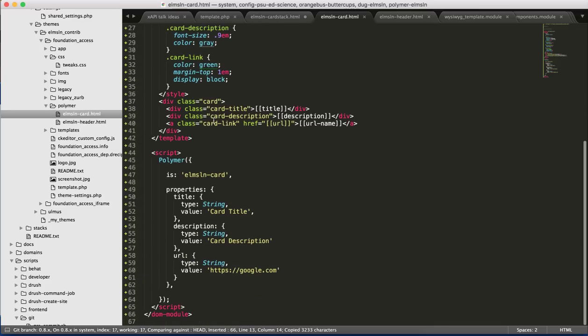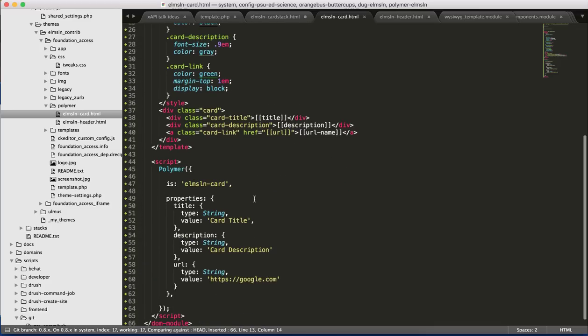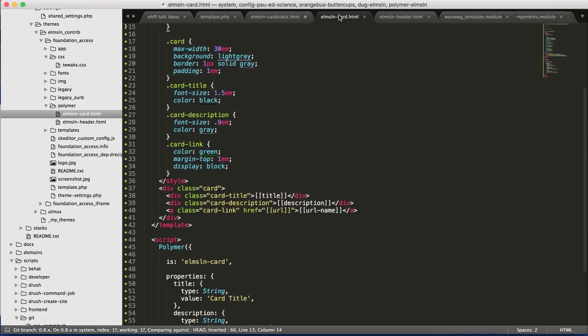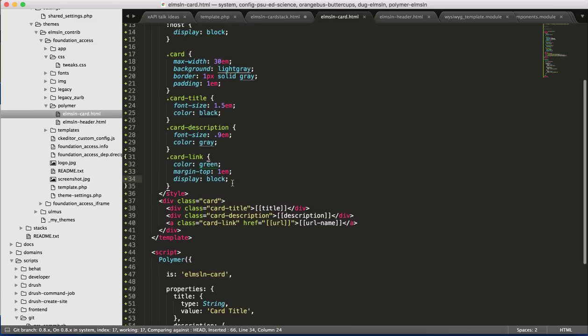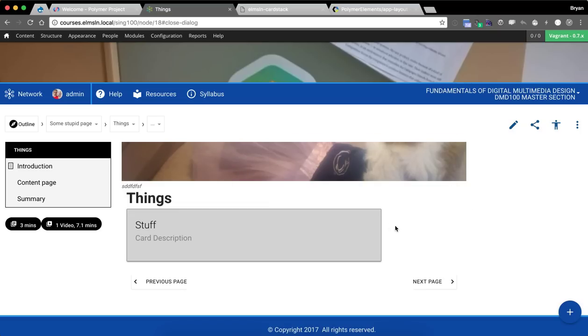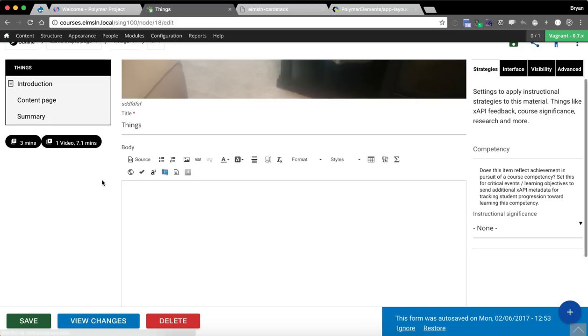So before I do that, we're going to look at this in detail a little bit. Let's see, I have a thing called an ElmsLN card. And a card has classes. A card has these variables: title, URL, URL name, description. To see how this plays in Drupal right now at this moment, you see I have a card here. Hey, that's neat. Well, what is rendering that card? Well, if I edit the body of this,